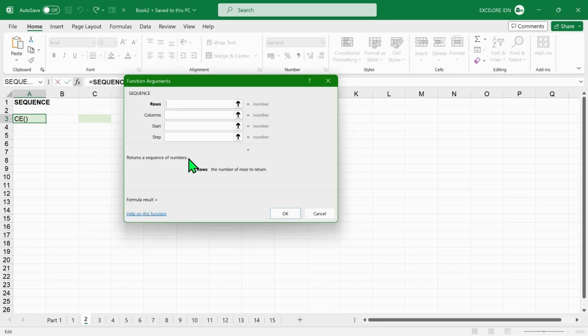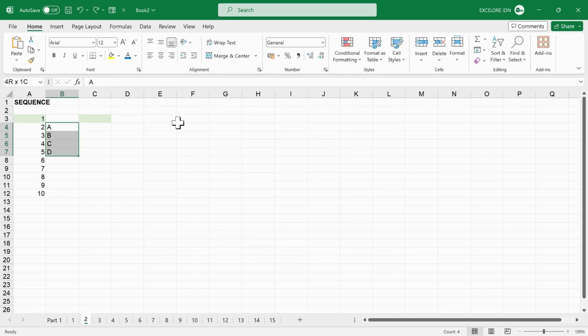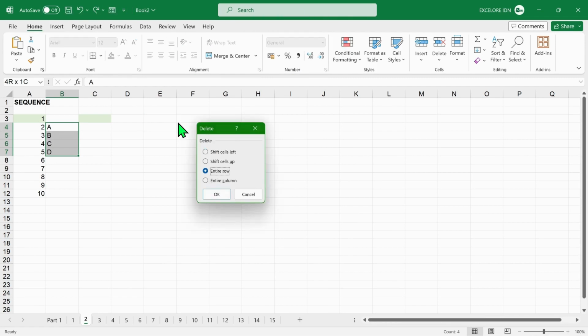Sequence is used to create a sequence of numbers in rows and/or in columns. In the first example, we will create a sequence of numbers in rows. In rows, type the number of lines to be created, such as 10. We leave the columns blank. In Start, we type the first number in the sequence, such as 1. Then in Step, type how much the numbers should increase in each line. For example, if we type 2, the number 3 will follow the number 1 in the second row, and so on. In this case, we type 1. Then the result is like this. Note that the sequence will consistently appear in the same order when rows are deleted.